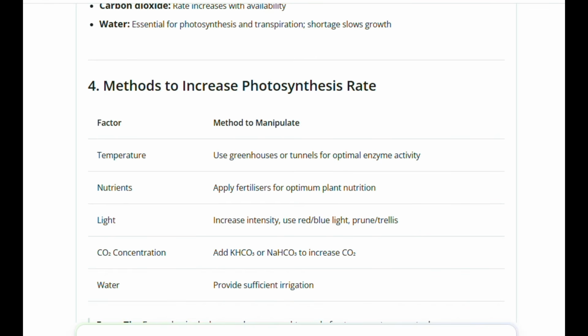So you need to tell that farmer, okay, farmer, you need temperature, you need nutrients, you need light, you need carbon dioxide concentration, you need water, okay? And that farmer will be like, okay, tell me how those things can work. Then I will give you 1,000, 1K. Okay, so temperature, you need to tell that farmer,